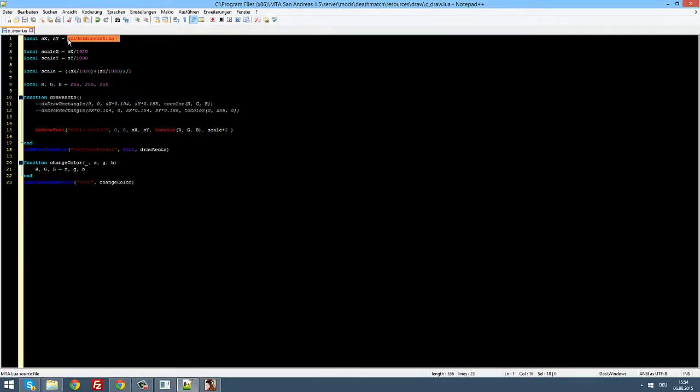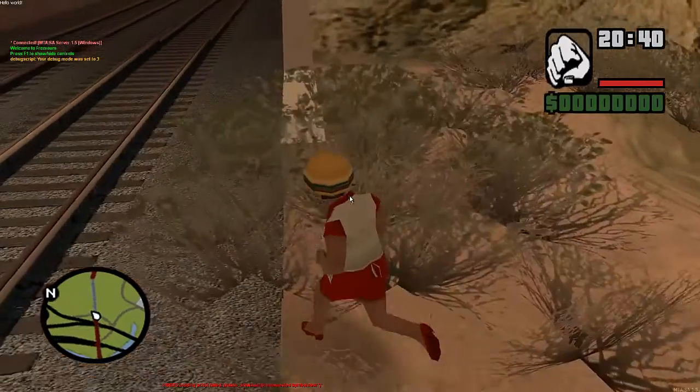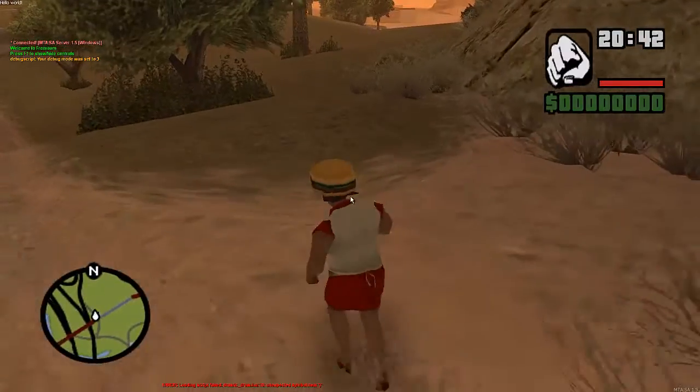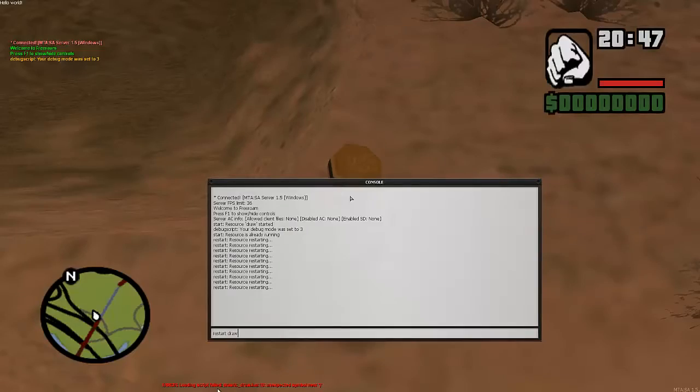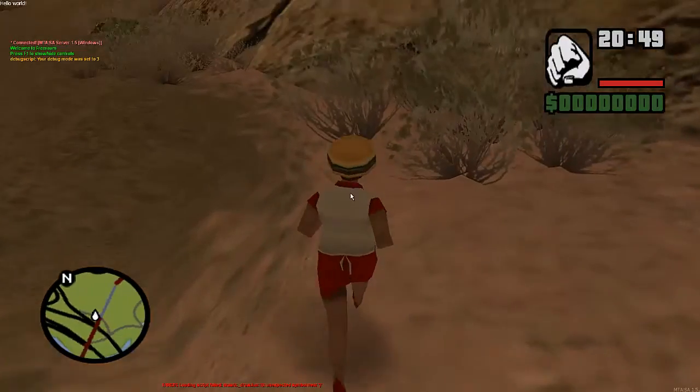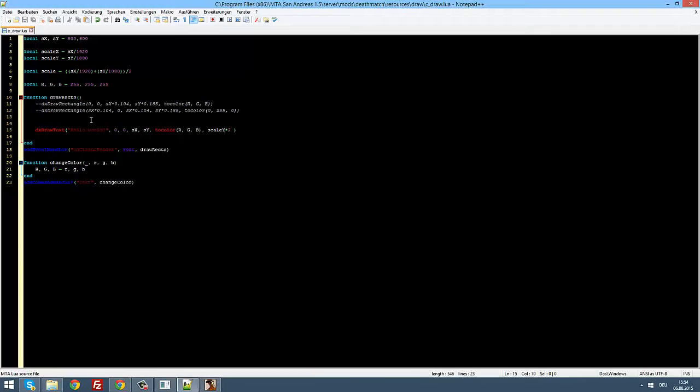And now if we change it to 800 by 600, it will still be the same size as before, if I am not completely wrong. Let's actually see if I am. No. As you can see, the size already changed a bit. That is because, as you can see, here we add the x scale and the y scale